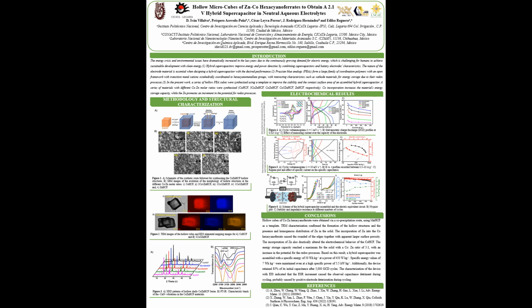The incorporation of zinc also drastically altered the electrochemical behavior of the cobalt hexacyanoferrate. The energy storage capacity reached a maximum for the solid with a cobalt-zinc ratio of 3:1, with an increase in the potential for the redox process. Based on the result, a hybrid supercapacitor was assembled with a specific energy of 30 watt-hour per kilogram at a power of 450 watts per kilogram. Specific energy values of 7 watt-hour per kilogram were maintained even at a high specific power of